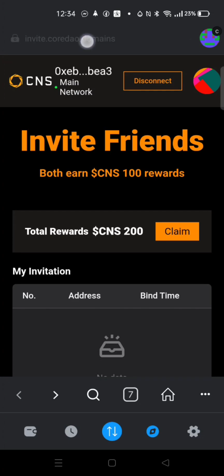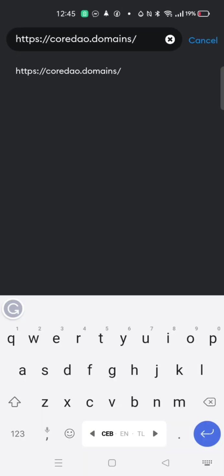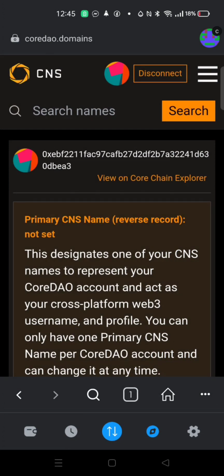But if you click claim, it's not working. So the thing you should do is go back to the browser, then type coredao.domains. In this section you can see search and menu bar.